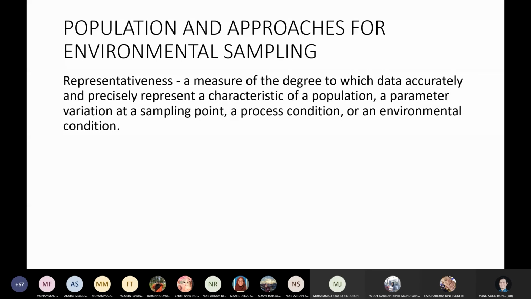Okay, one more time. The definition of representativeness is a measure of the degree to which data accurately and precisely represent a characteristic of a population, a parameter variation at a sampling point, a process condition, or an environmental condition. Long story short,